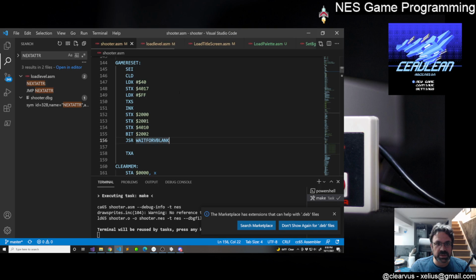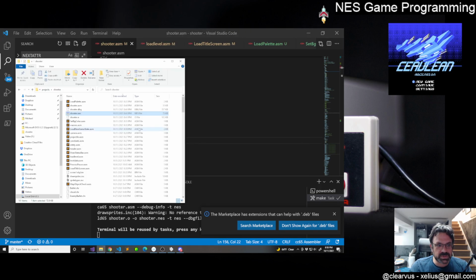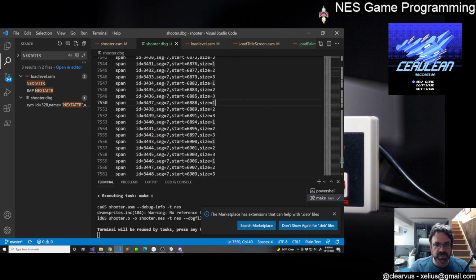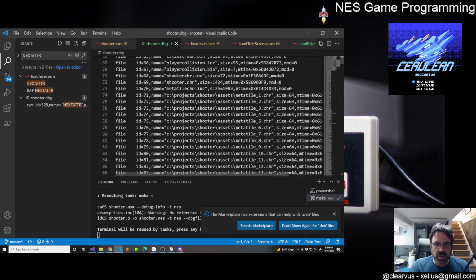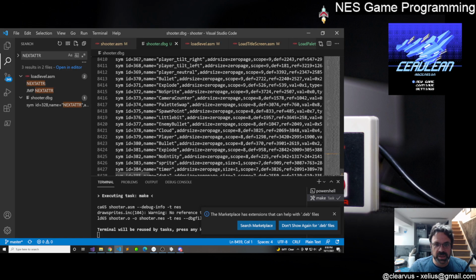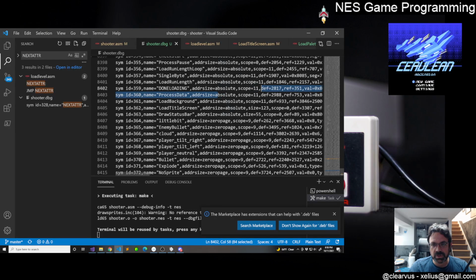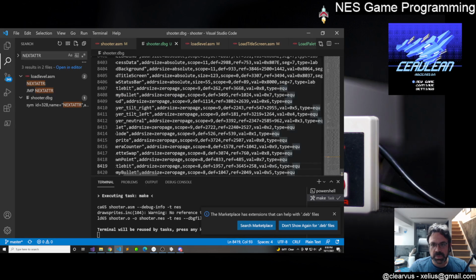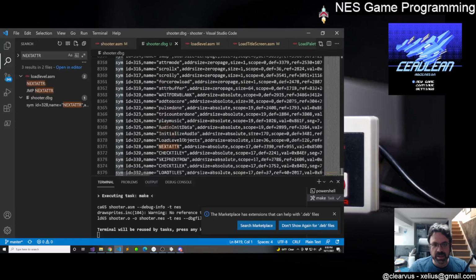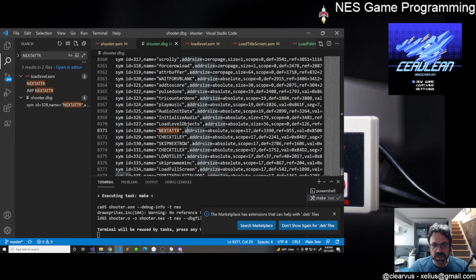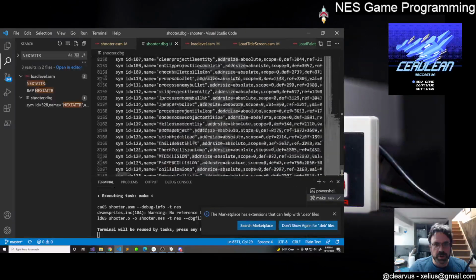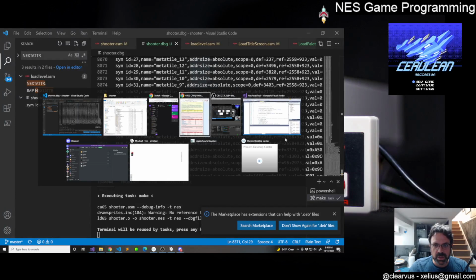Just show me. Oh, that's not what I wanted. Where is it? Yeah. The only thing that we're doing as far as debug goes is putting together, here are all the variables, here's where the address is, so that the emulator has hints as to where the thing lives and what the symbols are, so that it can display that